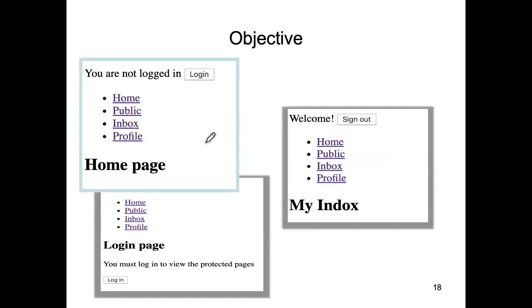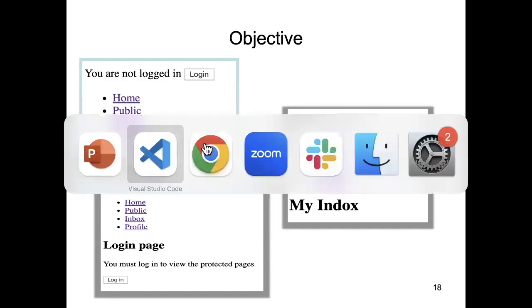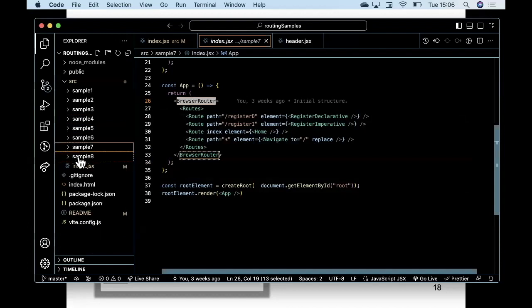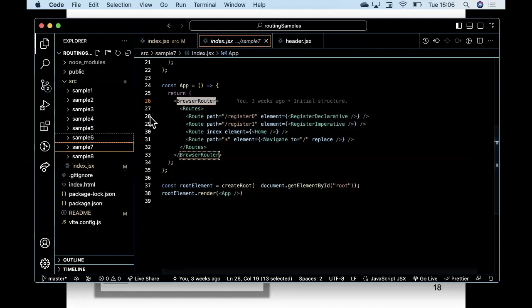Now, as I'm wont to do, I have a simple sample illustrating this, and this sample is the last of the samples in the routing set of the archive that I've given you already. So it's sample 8. And so if we just run sample 8 first,